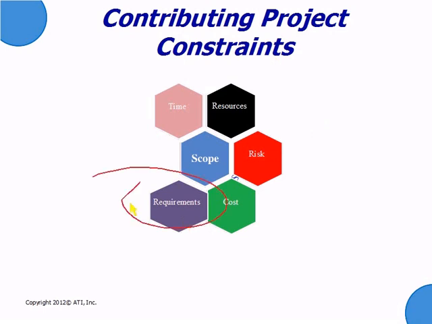Requirements, of course. These are the heart of a project. Requirements are extremely important with regard to explicit information of what needs to be produced. Cost, of course, is also a very important piece of your project. Staying within budget, agreeing on that budget, and figuring out how you can make all of these